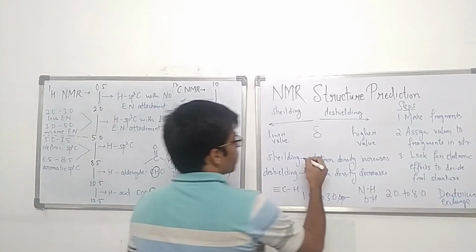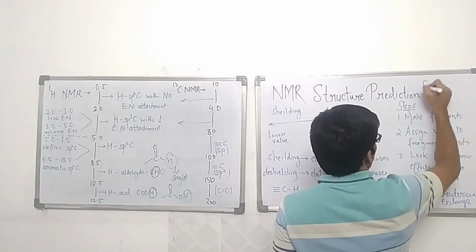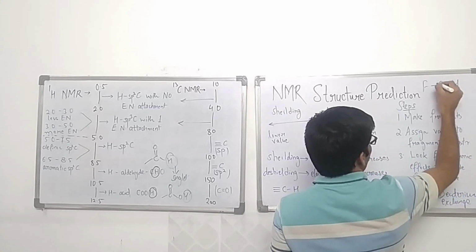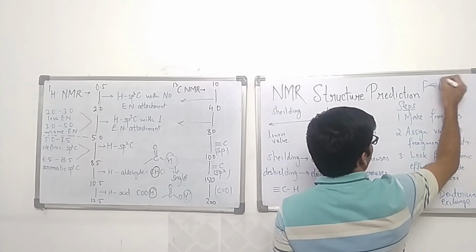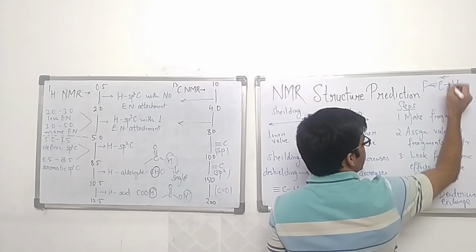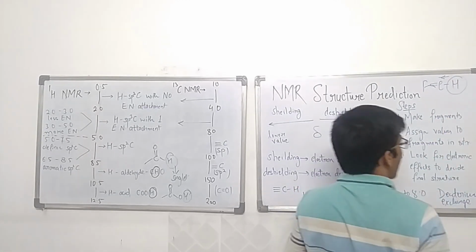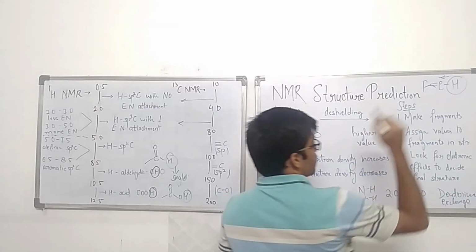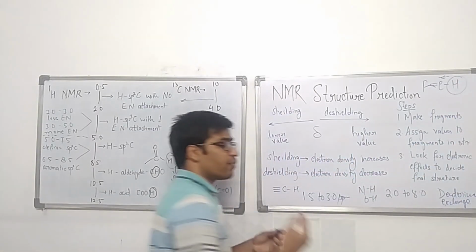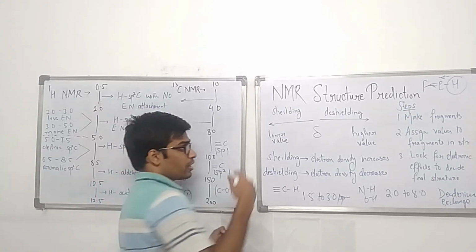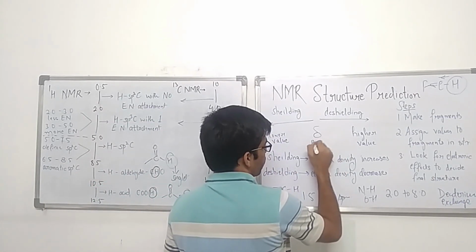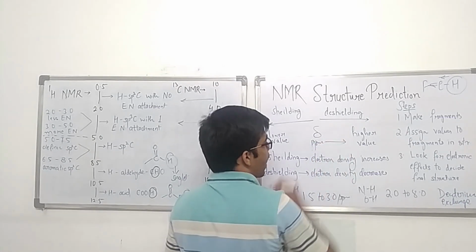Say for example, you have fluorine attached to a carbon having a hydrogen. This fluorine will pull the electron density towards itself. As a result, the electron density will also shift towards carbon. So there is less electron density on hydrogen, and this is known as de-shielded. The hydrogen is now de-shielded from the electron density. As a result, the value of the chemical shift in ppm will shift to a higher value.